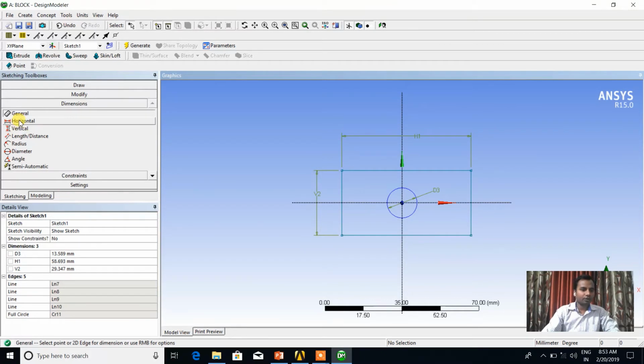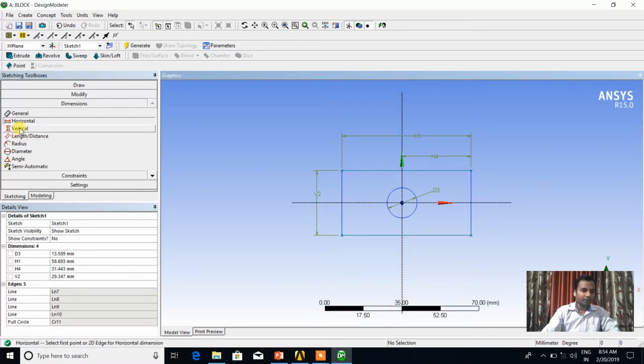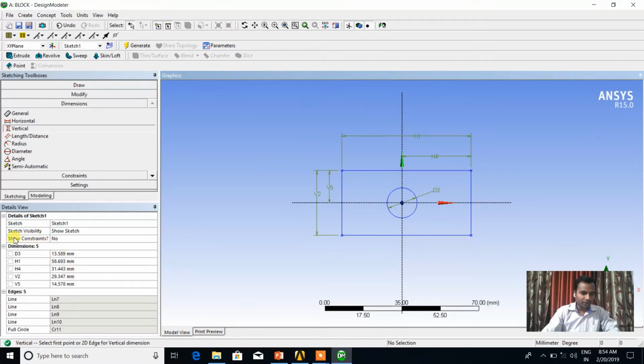Now I want to give the horizontal dimension between that sketch and line. So this is the horizontal dimension. Likewise I want a vertical dimension between this line and this line. It is a vertical dimension. Okay, now check here, all dimensions are provided, whatever we plot here, the values are shown in the